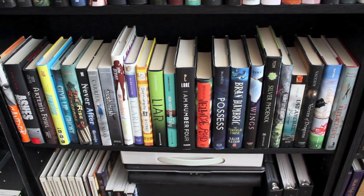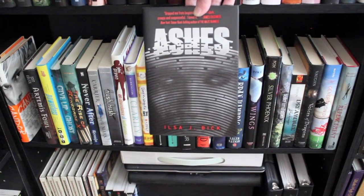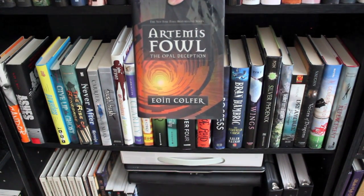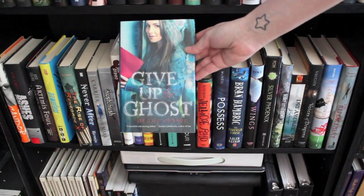And then this shelf is just a mismatch of books that really didn't fit anywhere else. Some of them are hardcovers, some of them are paperbacks, some are contemporary, some are fantasy, some are young adult, some are middle grade. Whatever other mostly hardcovers I had that didn't really fit anywhere else, I threw them on this shelf. I have Candor by Pam Bachorz, Ashes by Ilsa J. Bick, an Artemis Fowl book, The Opal Deception by Eoin Colfer, Powerless by Matthew Cody, Give Up the Ghost by Megan Crewe,